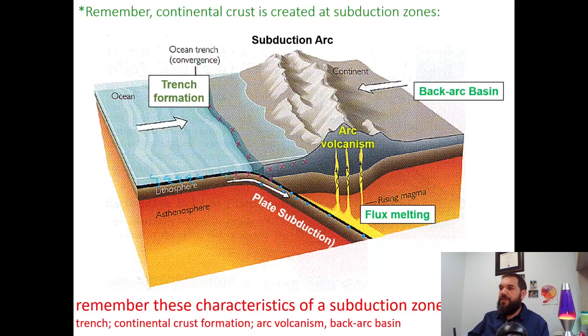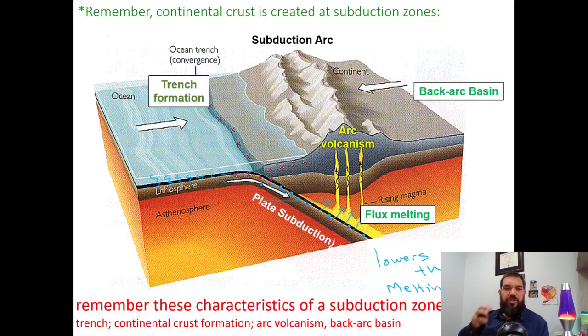So the water seeps into the ocean crust. It gets subducted, and that water gets pushed out into the mantle. And in the mantle, that water lowers, I'm going to write this because it always gets confused, lowers the melting temperature